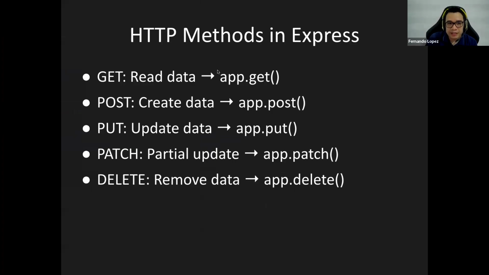Now, for every backend, there are four important methods. We have the method called get, and this method is important if you want to read data from the tables. The method called post is the one that helps you create data inside of the tables. So we can use app.get, app.post. The put method helps you update data, and that data is modified inside of the table. And the patch method and update are equivalent.